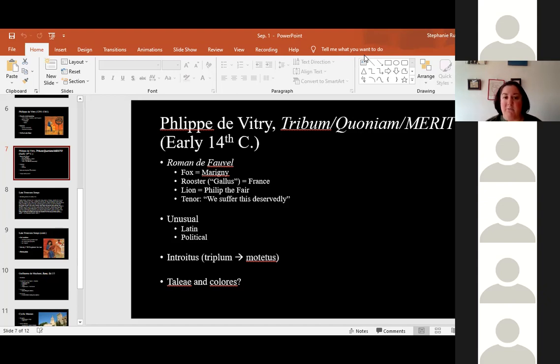The vast majority of isorhythmic motets start off with a section called an introitus. This is a section that the upper voices sing alone without the tenor. So there's no tenor yet. It starts off with the triplum, then the motetus comes in. Remember, the motetus is the new word for duplum once motets break off from the other chants. So the triplum and motetus, the two top voices, start us off in the introitus, and then the tenor comes in. Does everyone understand what an introitus is?